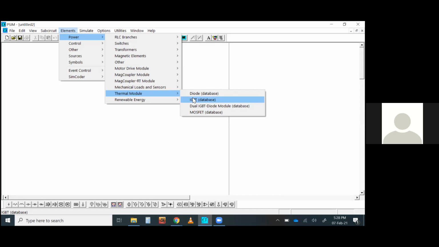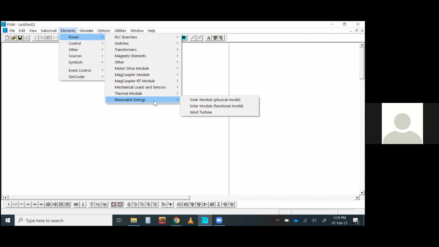You just assume the temperature of the diode remains constant, but in a practical case, the temperature of the diode will rise. The same goes for an IGBT or any other electronic device. So these are the models they call thermal models. They change the parameters of these modules while you are running, which is pretty close to real-life practical application.